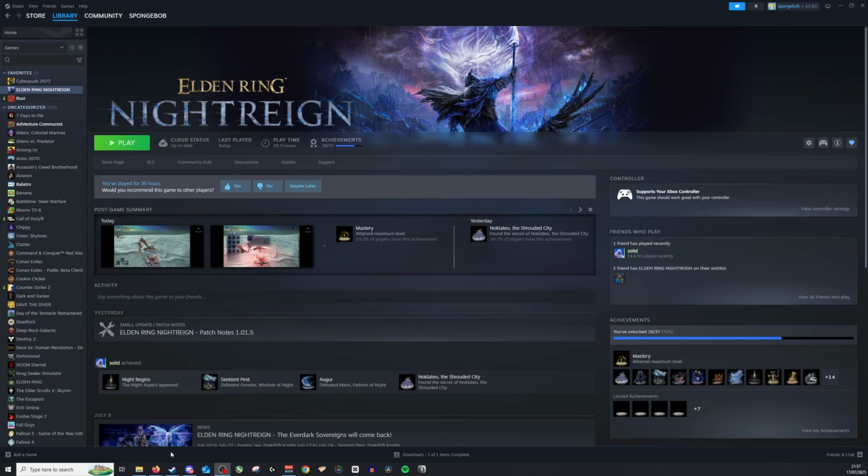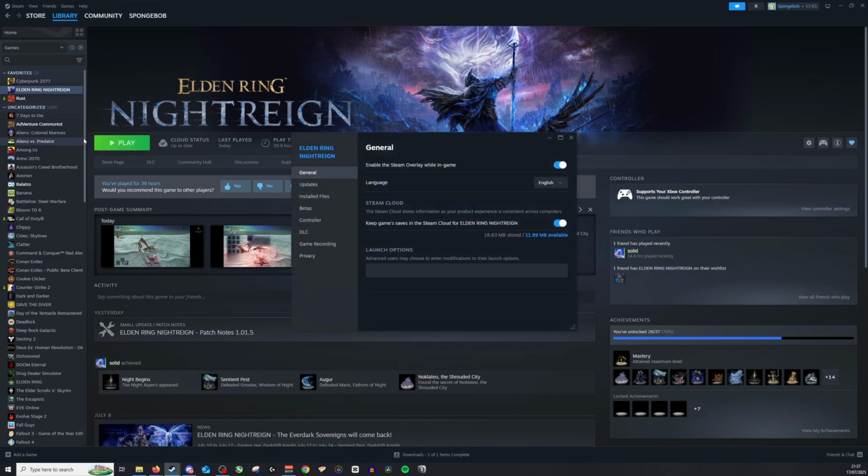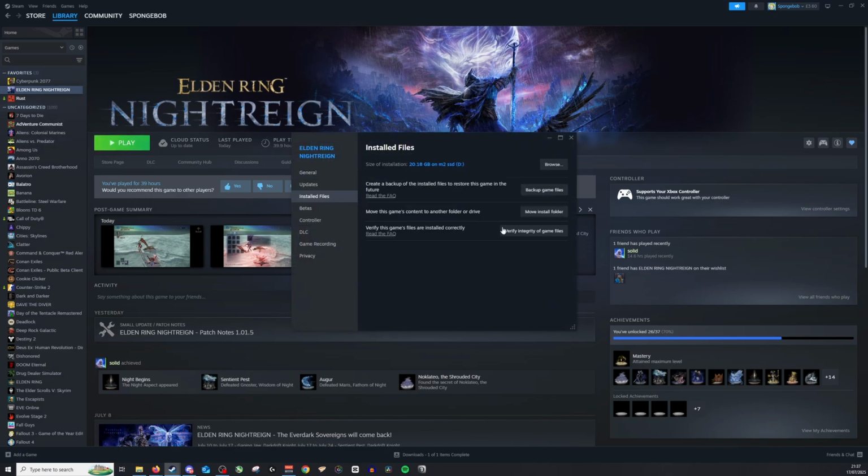Okay, now if you have found a game that's currently giving you the disk write error, here's what you need to do. Right click on the game, go down to Properties, and from here go down to Installed Files, and then click Verify Integrity of Game Files. Once you've clicked this, it'll quickly run a go through of your game just to make sure all your files are correct. If this doesn't work, the next thing I do is restart Steam,